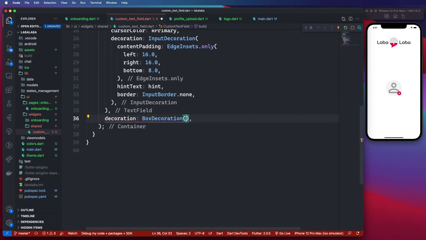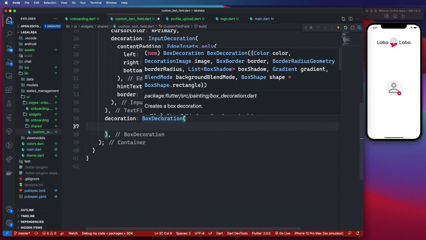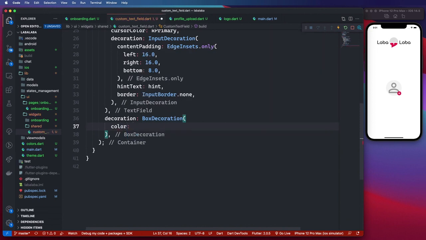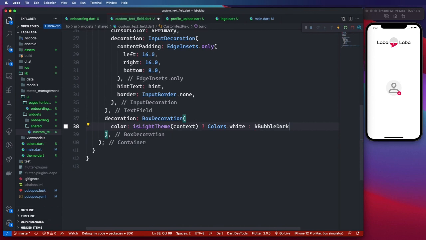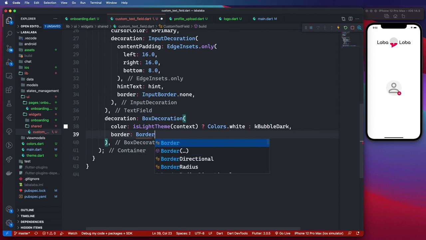So I'm going to give it a box decoration, and then I'm going to say the color of the text field, in this case the container itself, if it's light theme, then I want the color to be white. Otherwise, give me the K bubble dark color. And for the border, I want the border to be